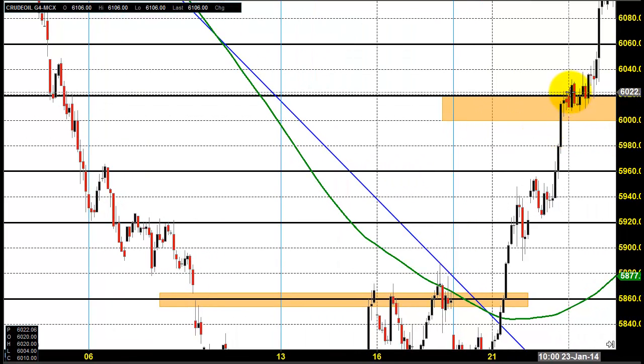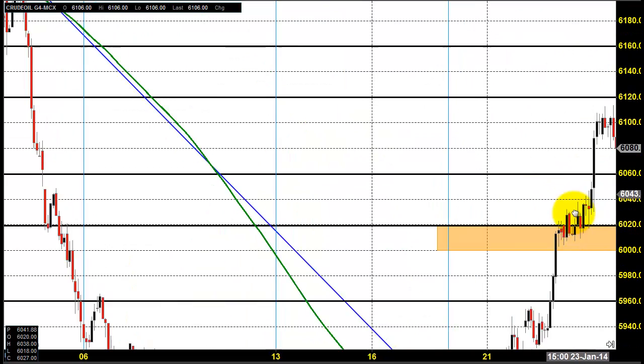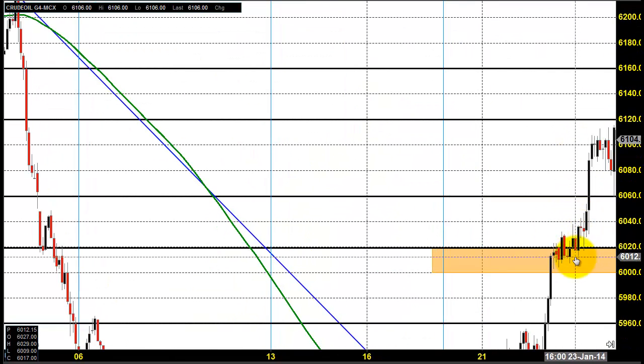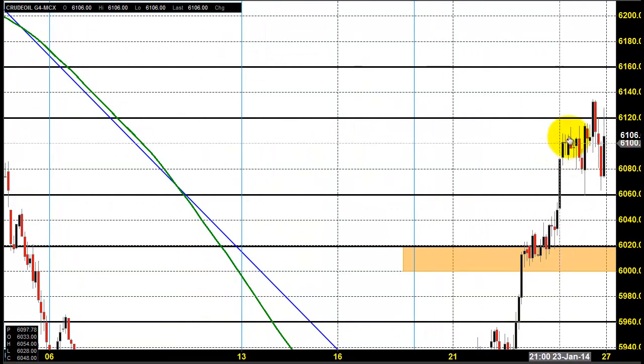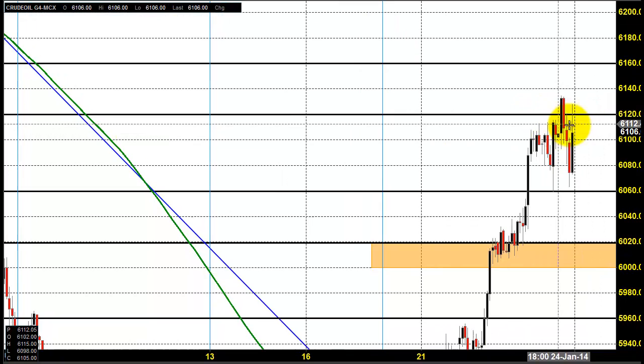What happened? The price took good support around 6020 on Jan 23rd. You can always see the date and time below, and there it reached again. It had a lot of momentum to reach the next zone of 6120, where it found a lot of resistance and closed around